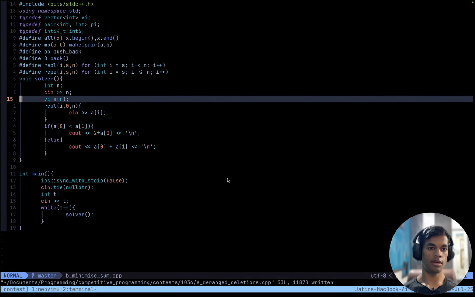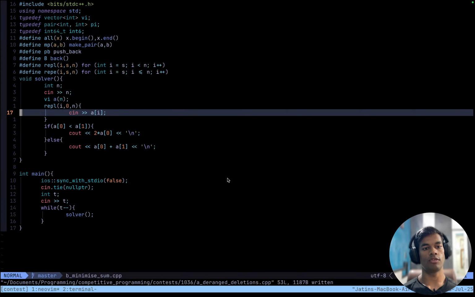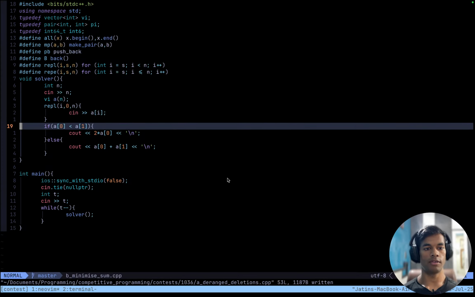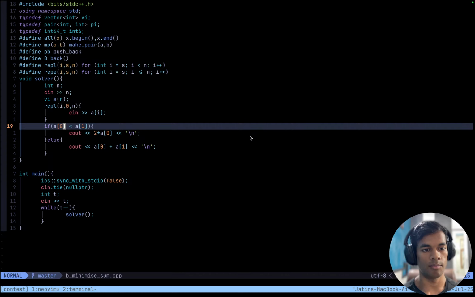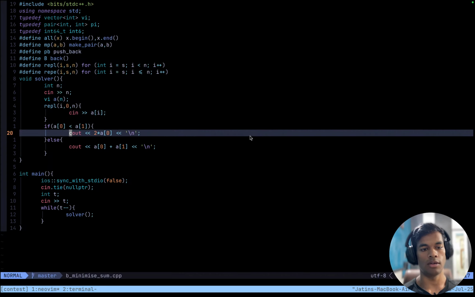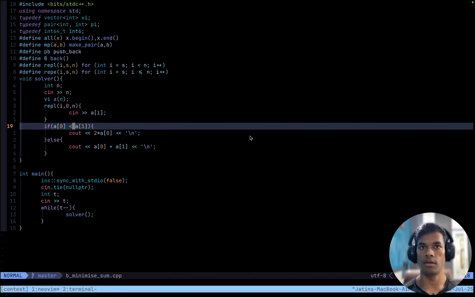First, take in the number, then create a vector A of size n, then take in the inputs and then see. First, here I am checking A0 and A1, and I can just index this because I know that n is at least 2. So this is cool. This will not result in any error. And if that is true, then the answer would be, if A is less than B,